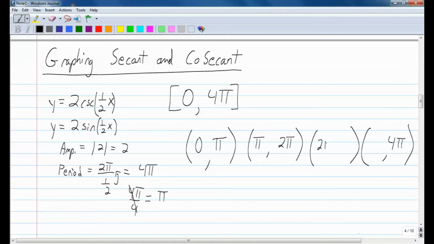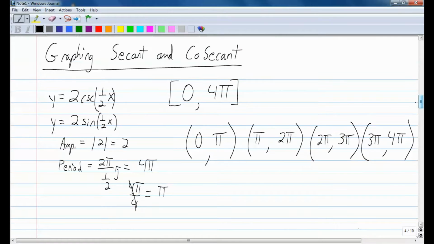Repeat the process. 2 pi, add pi to that, you get 3 pi. Now here's where we can check ourselves and make sure that we figured out the right thing to add to each significant value. 3 pi, add pi to that, you get 4 pi. So we ended where we were supposed to. Okay. Now we're going to proceed and graph